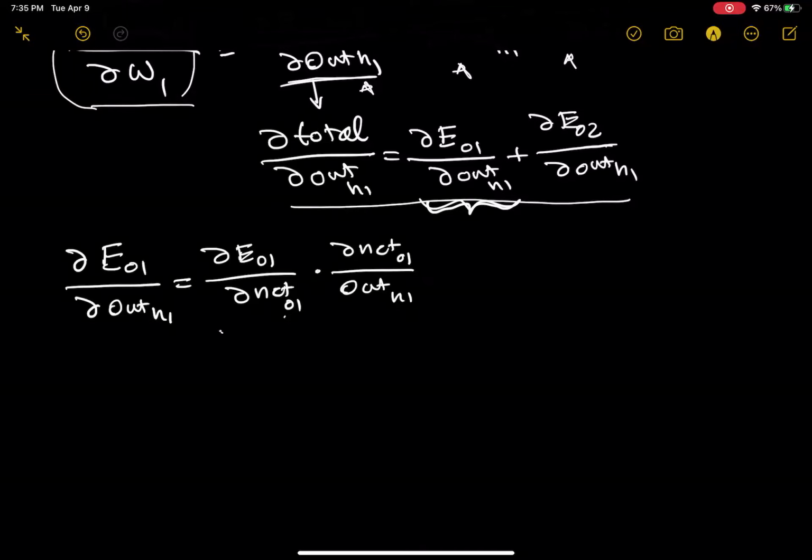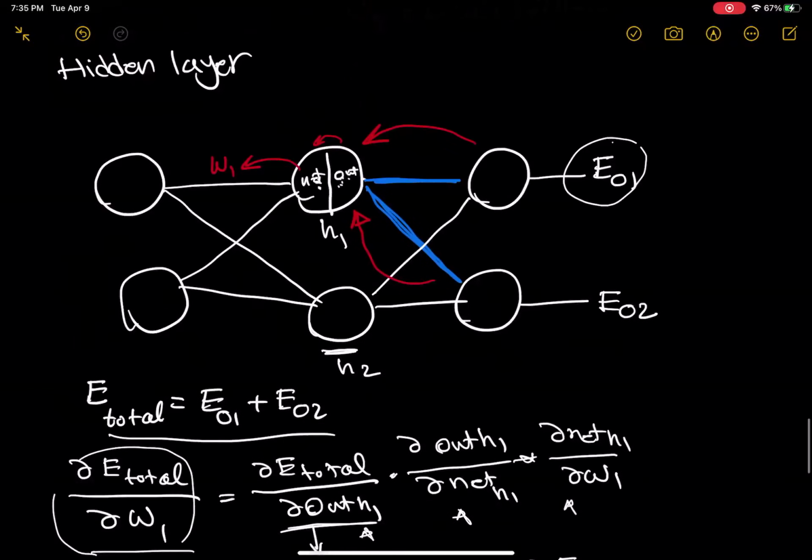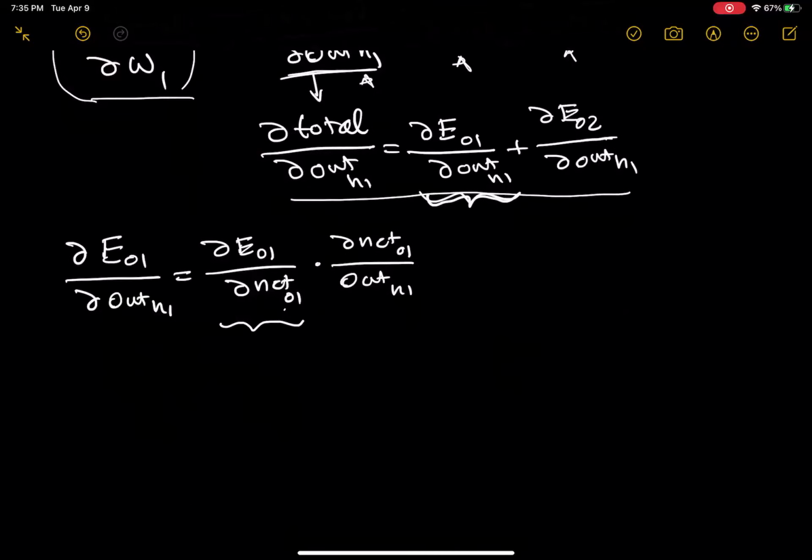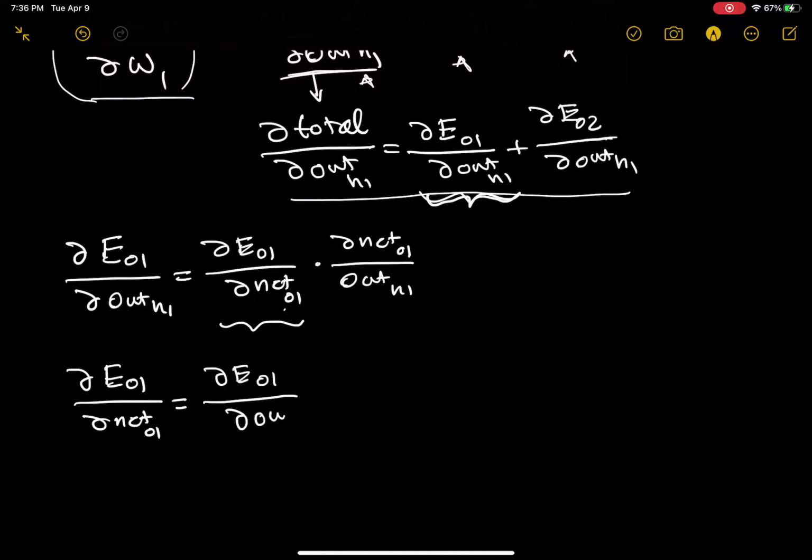Now this requires another chain rule, because E of O1 and net of O1 are not directly related. There is an out in between them, right? Look at here: between net and E of O1, there is an out. So I'm going to write it like this: E of O1 with respect to net of O1 is equal to E with respect to out of O1 multiplied by